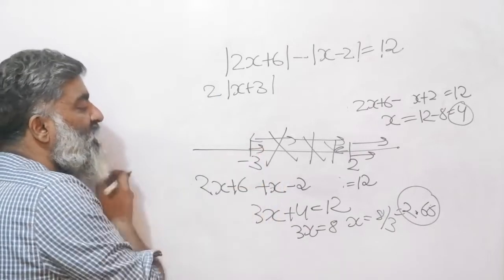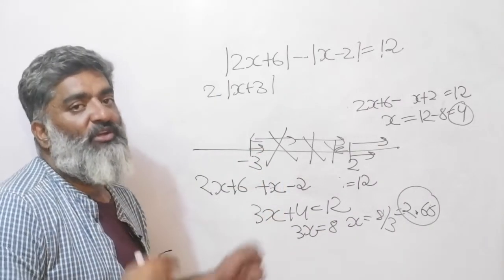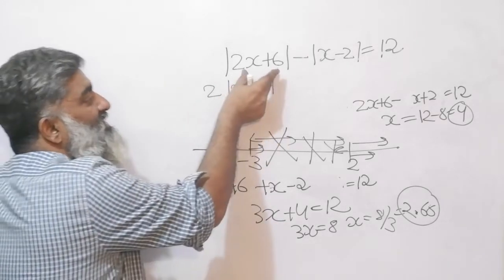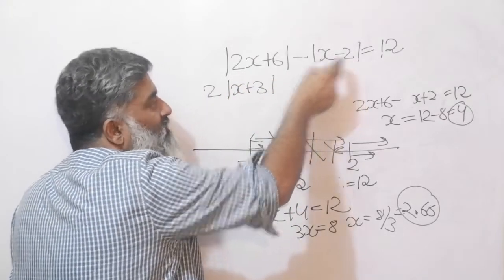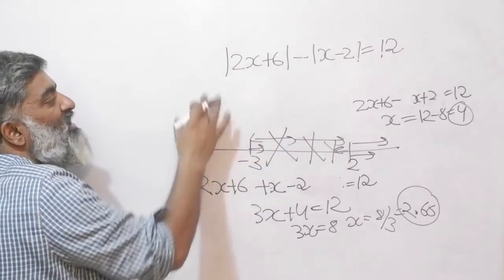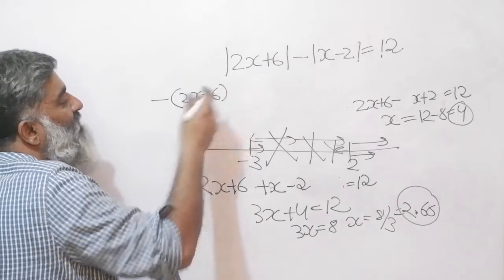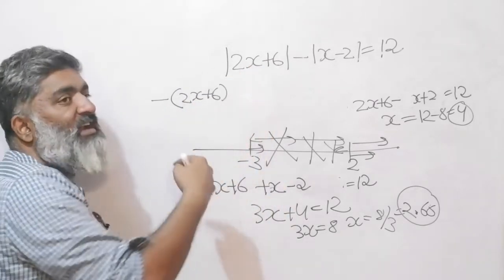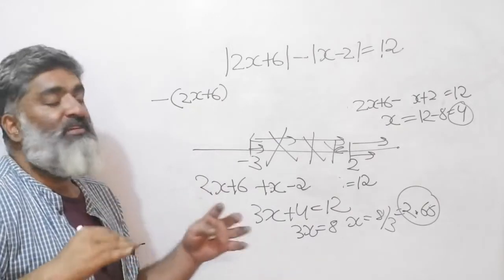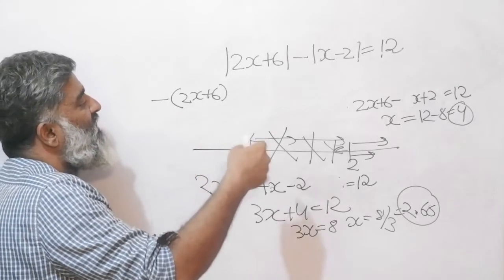Let me go beyond the other side, because by now we have already seen that the mod creates 2 stories. So there might be 2 different points where I get the values, right? So going beyond minus 3, this is also negative, this is also negative. Both the expressions are negative. So what I am going to do is, I am going to copy them with a negative sign. That means minus of 2x plus 6. It would be super fun if I can just directly write the final expression. Slowing down is because I just want to make sure that nobody misses a step, right? But I think a lot of you will be able to do this very, very fast. So skip ahead a few steps.